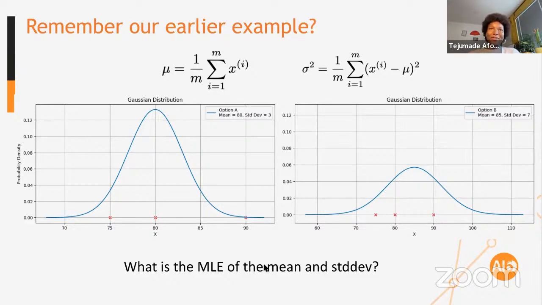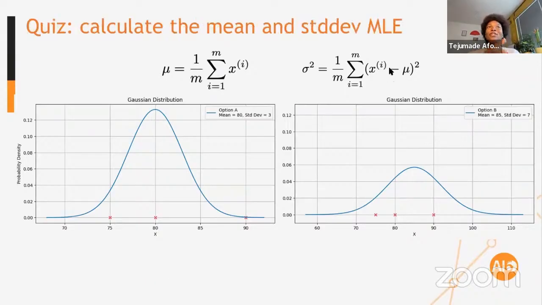So my question to you is that, given that you now have this maximum likelihood estimate, which I put up here, this mean and standard deviation, can you try to calculate what the maximum likelihood estimates of the mean and standard deviation are for your data set 75, 80, and 90? What do you get? What is the mean and the standard deviation of these 3 data points, 75, 80, and 90? You just take x minus mean. So given the mean that you calculated here, it's 1.6. So you just,